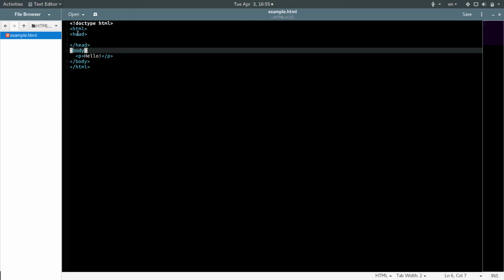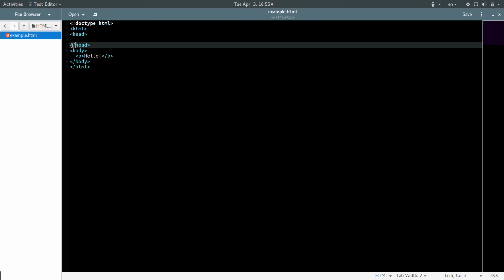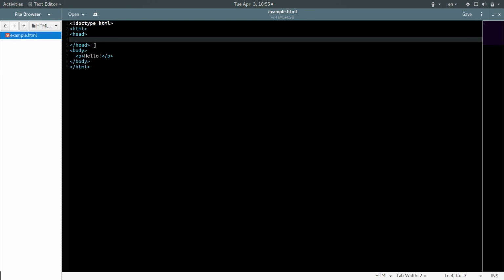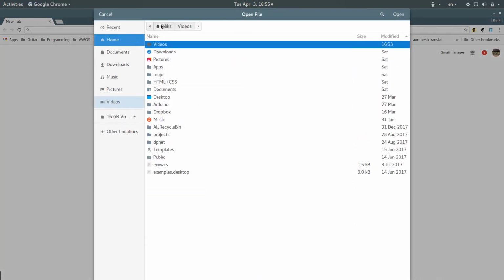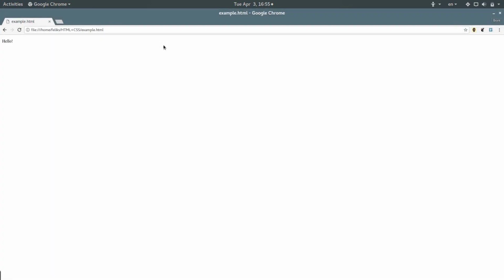The head tag, the head element, again, is composed of an opening head tag, and then the slash means closing head tag. So anything inside of this head tag, in this head element, is going to belong to the head. The sorts of things that go in the head are not actually going to be displayed on the page. So if we go over here and open up our page, example.html, here's the content,